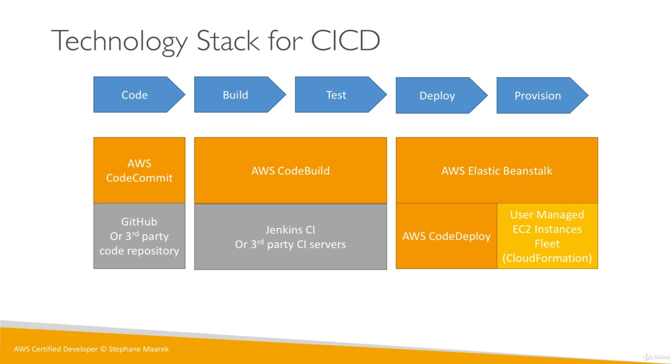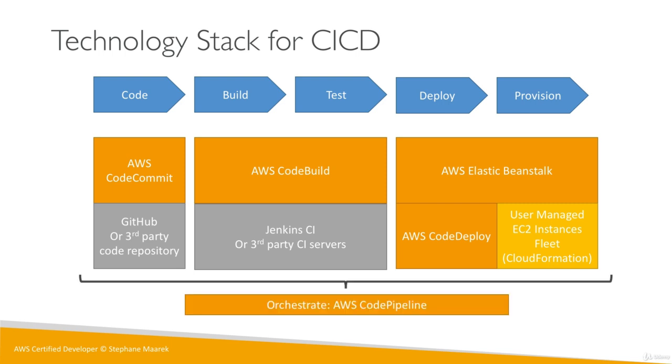And because we need to orchestrate all these things, we have to use something for orchestration called AWS CodePipeline. Surely there will be other orchestration tools out there, but the one AWS wants you to use on their cloud is called AWS CodePipeline. And so in this section, as you can see, everything that's in orange we have to learn.